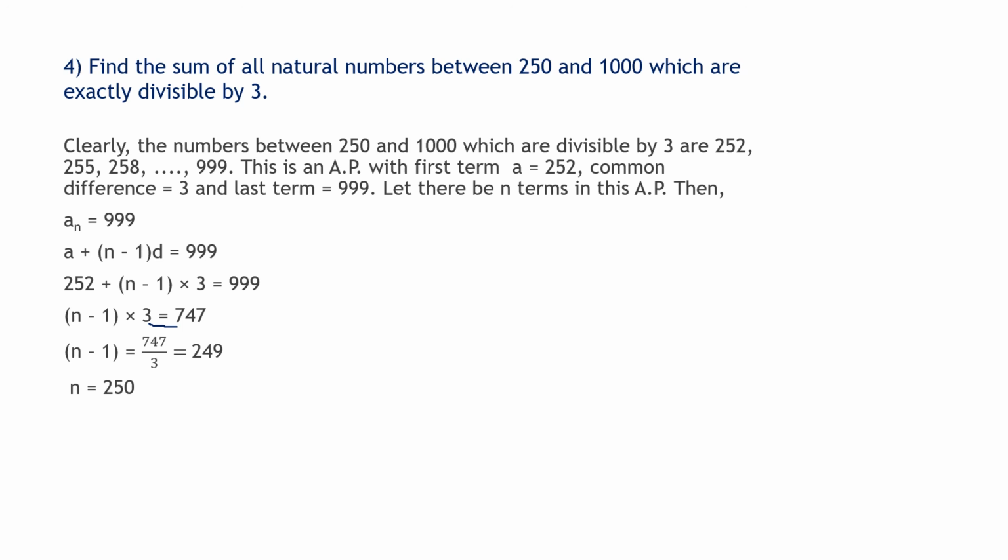So this is now a different type of sum like the previous one. We had only 2 examples of that type of sum. Okay, now we have to find the sum also. So what is the formula? Sn equal to n by 2 into a plus L. Here we have used a plus L because we know the first term and the last term and we know n also. So replacing the value, 250 upon 2, 252 plus 999 gives 156375. Okay, these sums look slightly difficult, but once you practice you will understand.